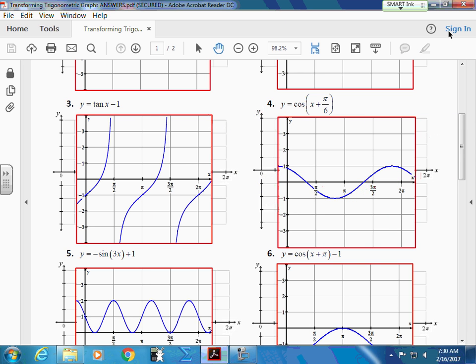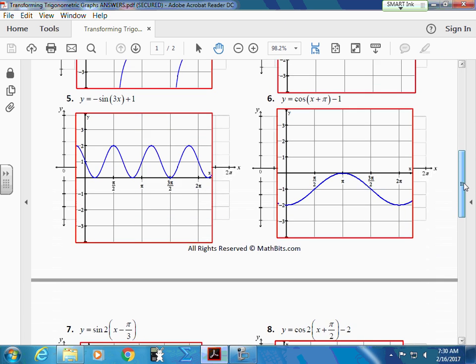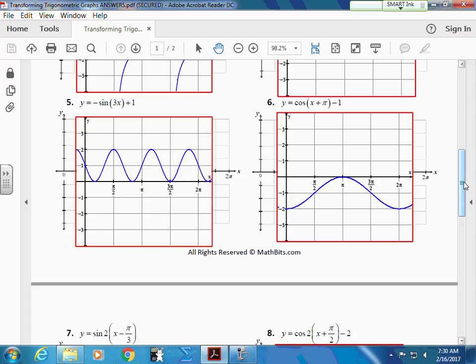Okay, what was the next one you had? 6. Okay, 6 has a phase shift. I did this one right. I got this. So which way is it going? Go to the left. Shift it down. I thought